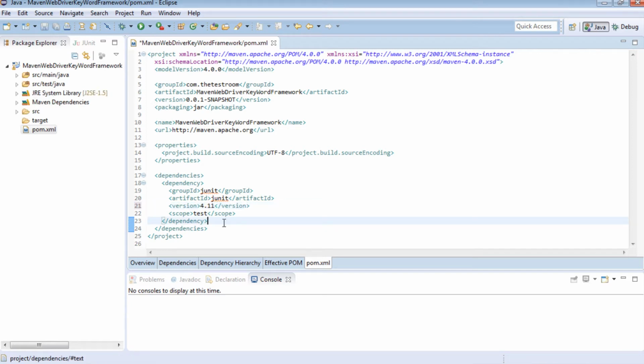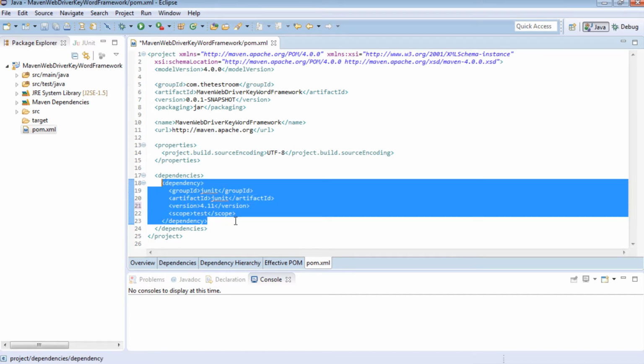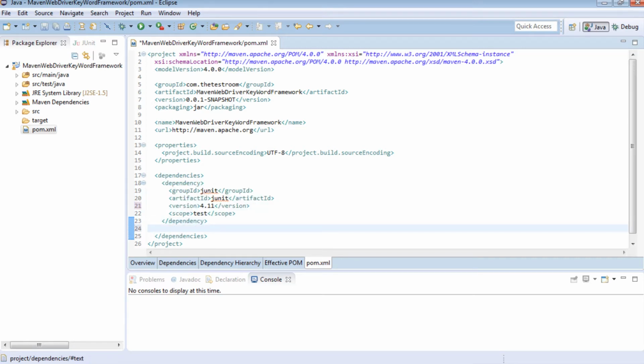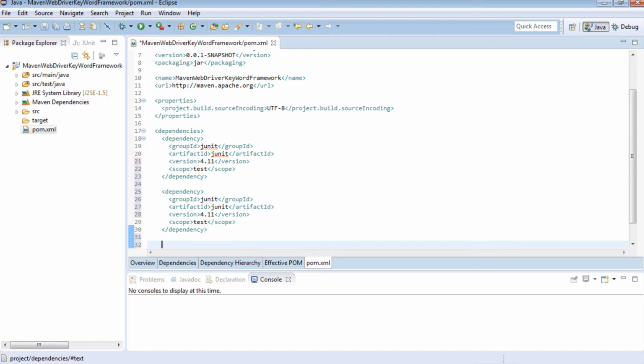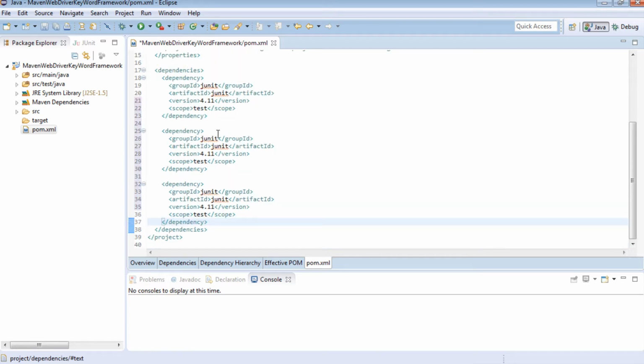I also need to add in two more dependencies. The first for Selenium, so that we can write a WebDriver test, and the second for a POI library. It's a library that we will use to read from our Excel file. So let's go ahead and do that first. To save a little bit of time, I'm just going to copy the JUnit library twice, and I'm just going to overwrite these files